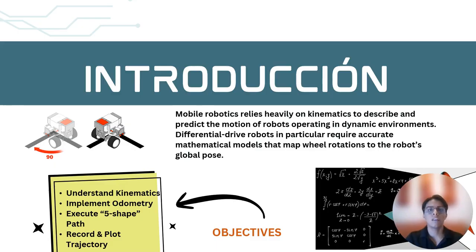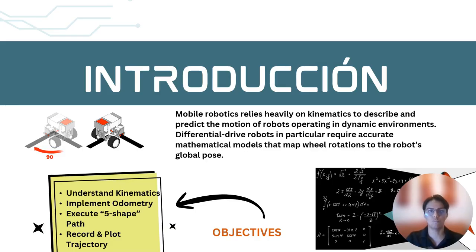So to start, this project focuses on mobile robotics, especially on differential drive robots. These robots move using two independent wheels, so understanding their kinematics is essential to predict how they move in the environment. Odometry is one of the key tools for this. It allows the robot to estimate its position using only the wheel encoders. Even though it's simple and widely used, it also accumulates errors over time, which makes it important to study